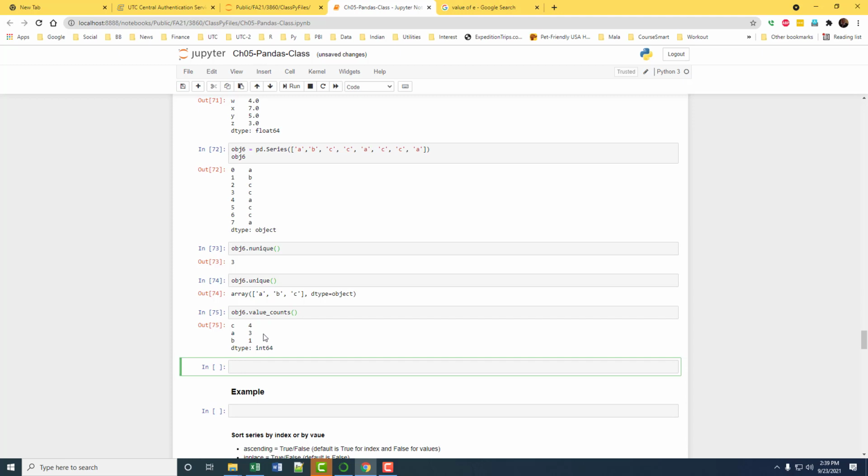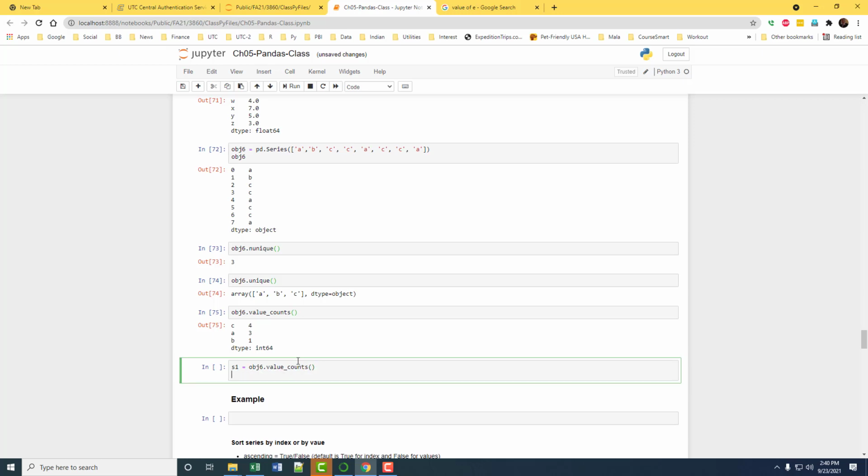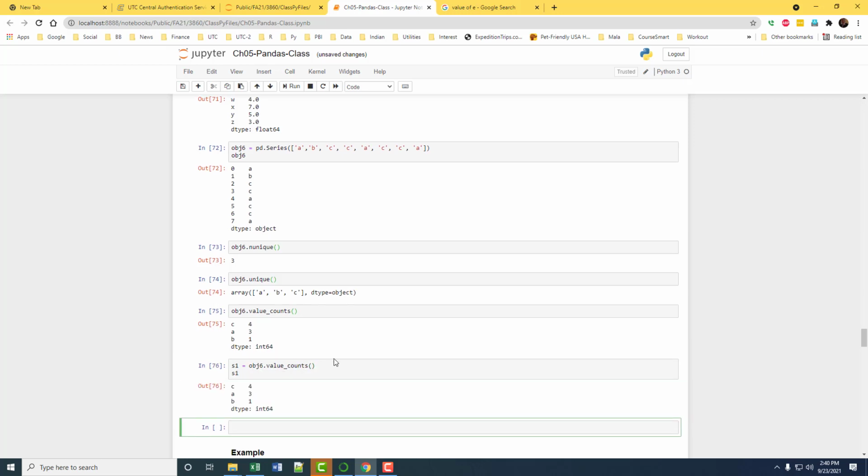Now you can sort this by index or by value. So for example, let's capture this object in S1.